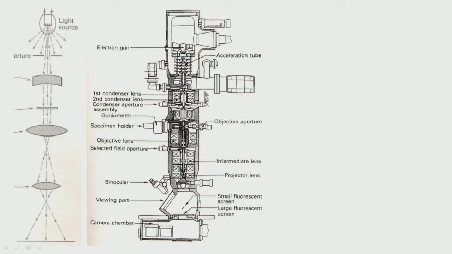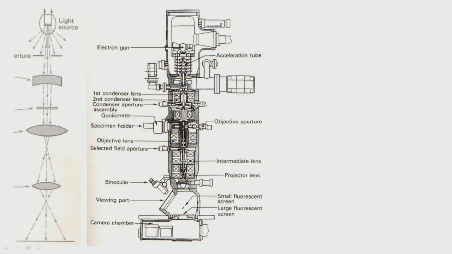In an actual microscope, a schematic of a transmission electron microscope is shown in this diagram. In a transmission electron microscope, instead of light, we use essentially an electron beam as the source. In a normal microscope, for the light source we generally use a monochromatic beam, and the beam has to be highly coherent. Here also the beam has to be monochromatic, for which some voltage has to be applied to the electrons which are emitted from the source, so we can have a requisite wavelength. This we will come to later.